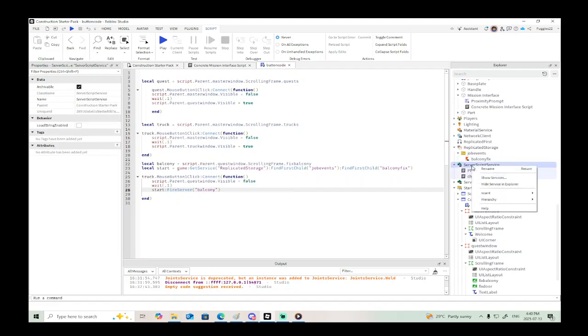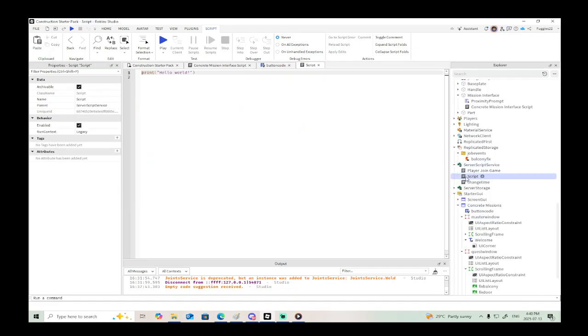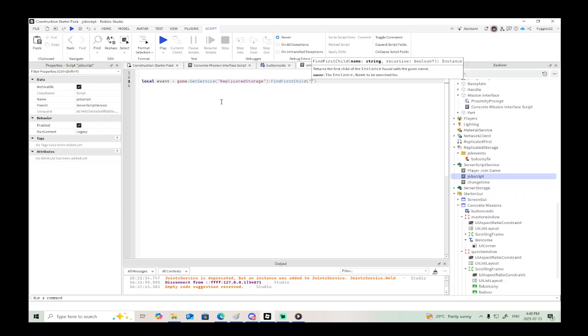Now, in the server script service, we need to insert a script. And we're going to call this our job script. Alright, so we need to say local event equals game get service replicated storage find first child job events, and then we're going to say event